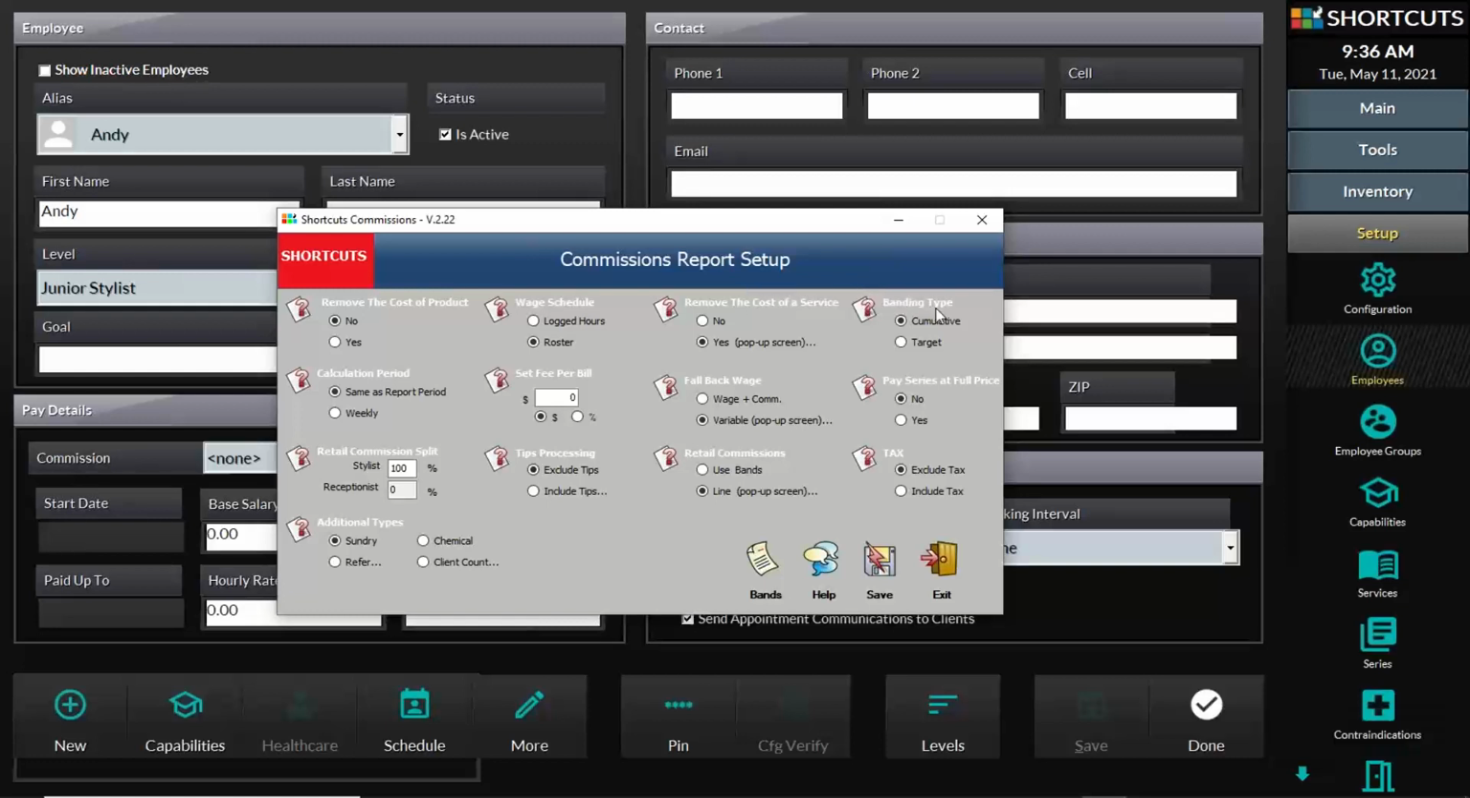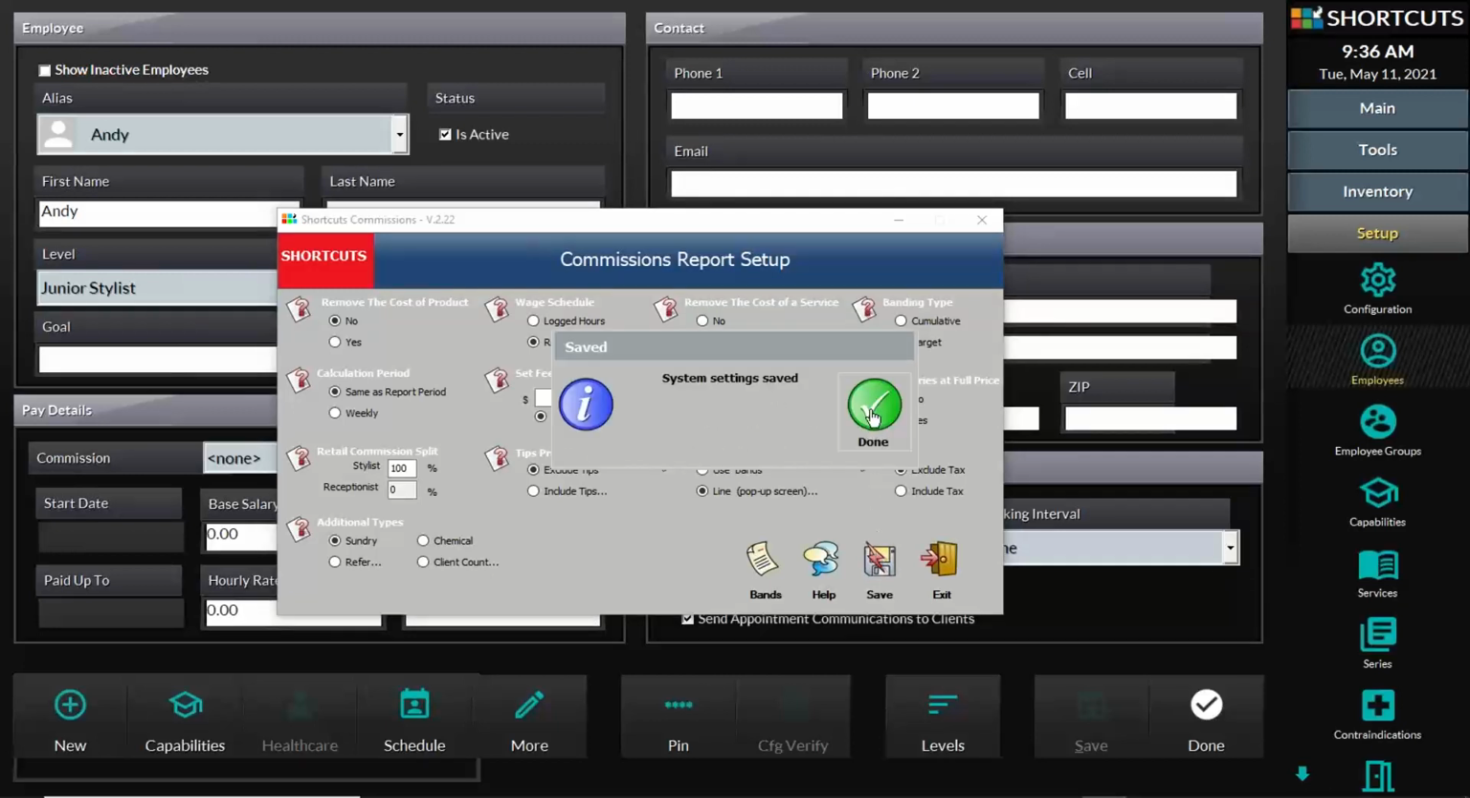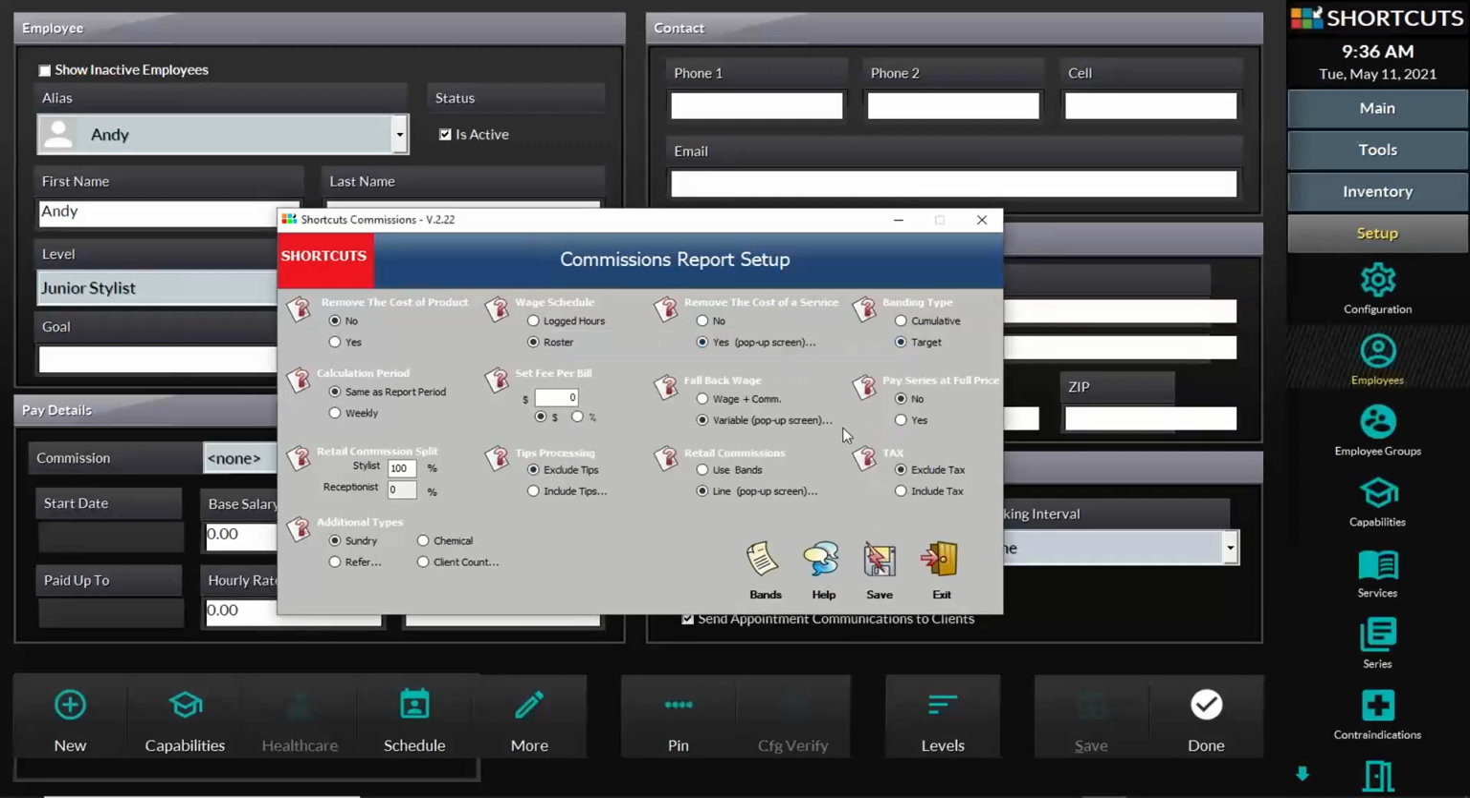The fourth column, top row, banding type, cumulative versus target. So again, cumulative would be the 45 plus the 50 plus the 55, or target. If my staff does over $1,200, they should get their target 55% if they're on commission number 2. So this is where I set that banding type. And then I would press save. So once you press save,